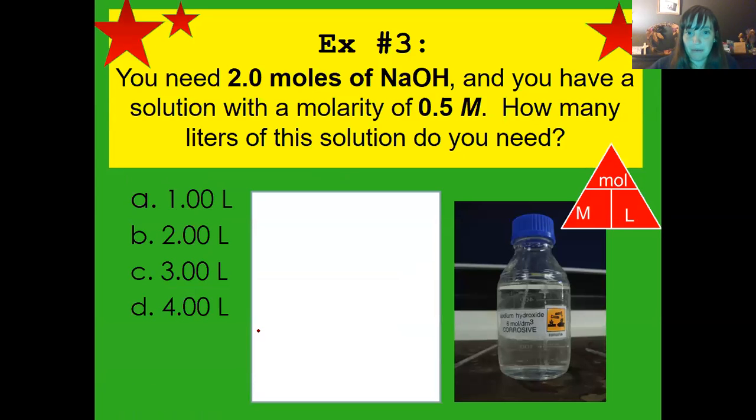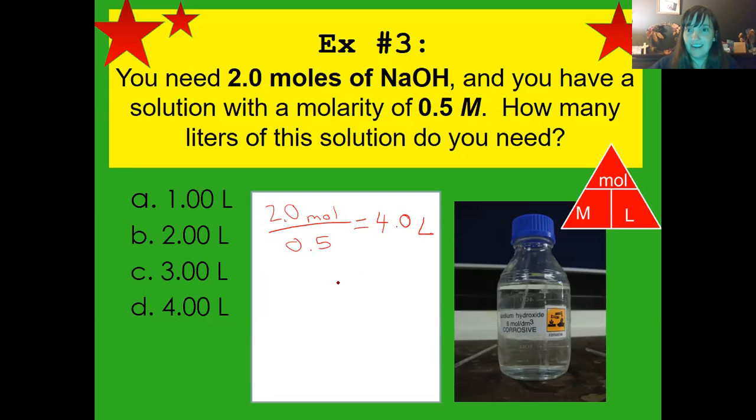All right, first we will use the magic triangle. Going to cover up liters. That means I'm left with moles divided by molarity. So 2 moles divided by 0.5 equals 4